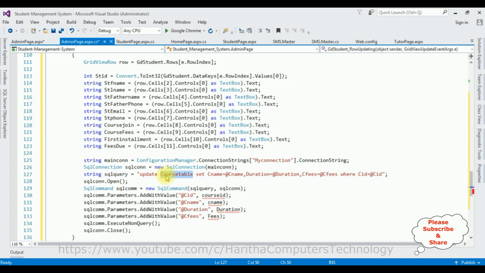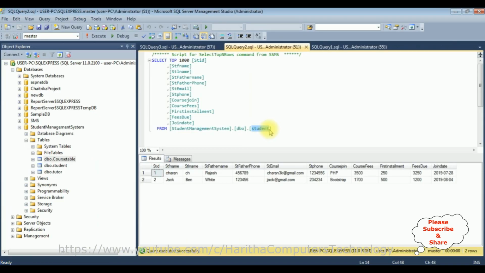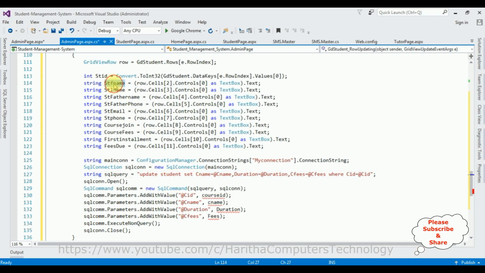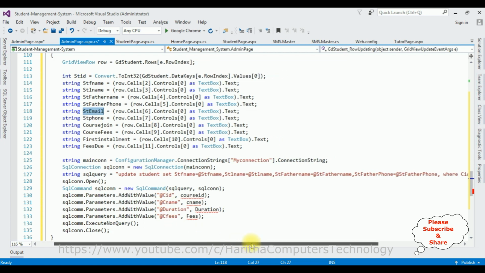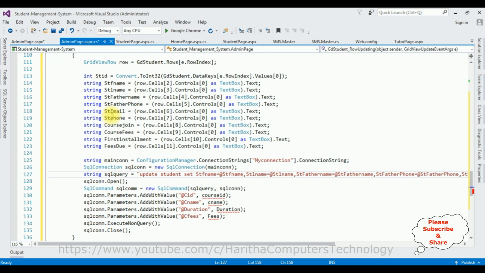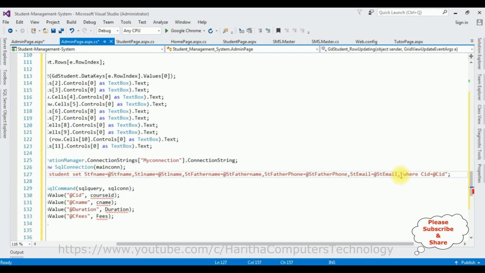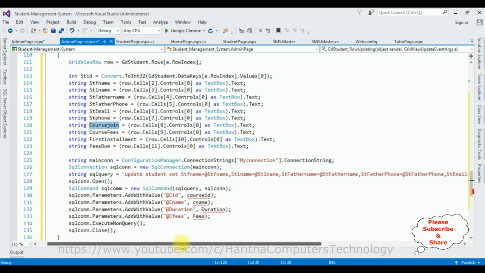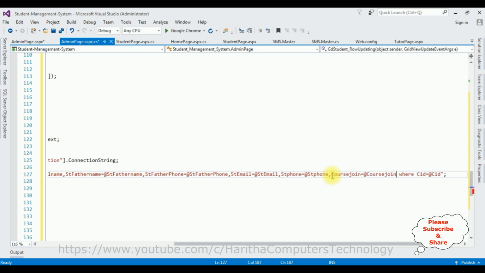Now in the update statement, update, the table name is student table, add the student table, set student F name, student L name, student father name, comma, student father phone is equals to at student father phone, student email, copy this one, paste here, is equals to at student email, copy, student phone, at student phone, comma, course join is equals to at course join,